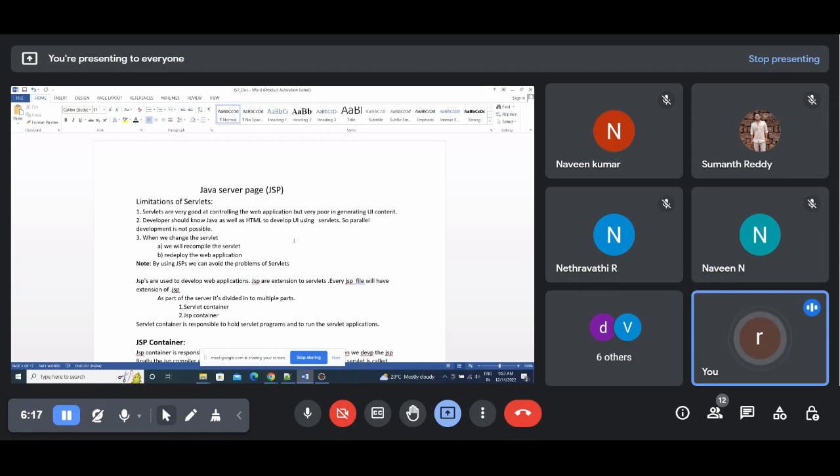We can avoid the problems of the above three issues. Okay, now JSPs are used to develop web applications. Where exactly is the JSP's role? JSP's role is for presentation logic. Whatever the UI code, HTML code, whatever you are writing, we can write inside